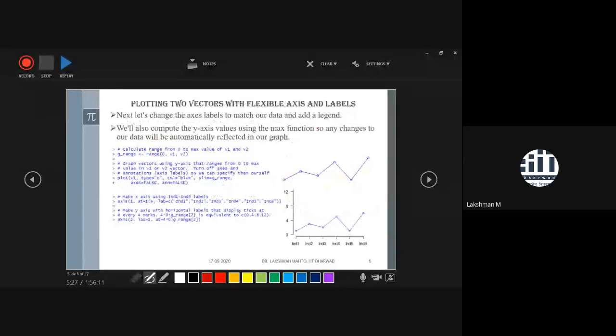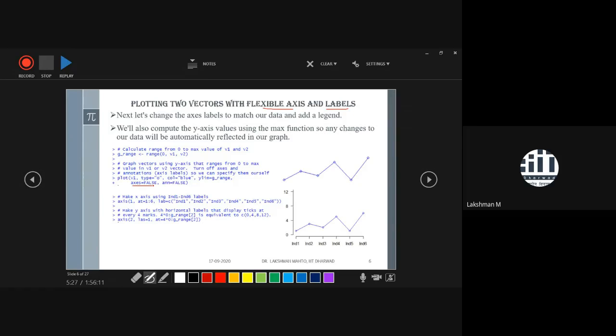So we will go for flexible axes and labels. For that, we need to stop that default operation. We have to use some logical operation here. In the first plot, you can observe the logical operation we used, that we put a condition over axis is false.